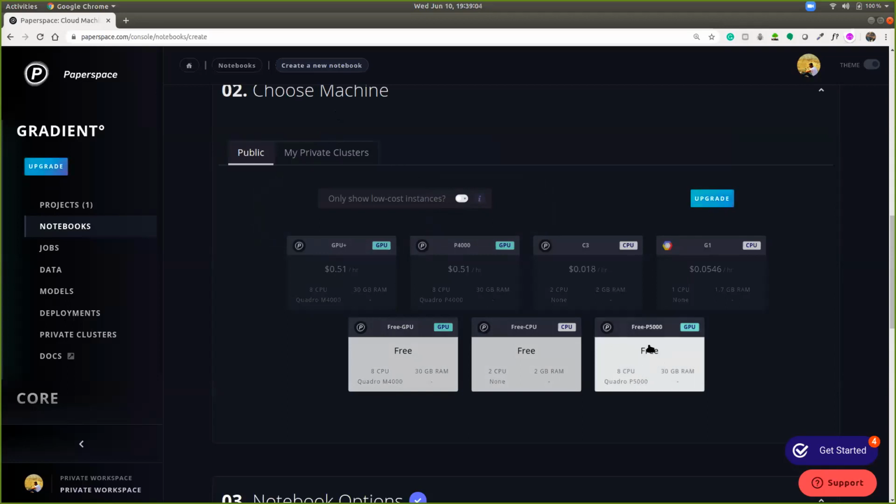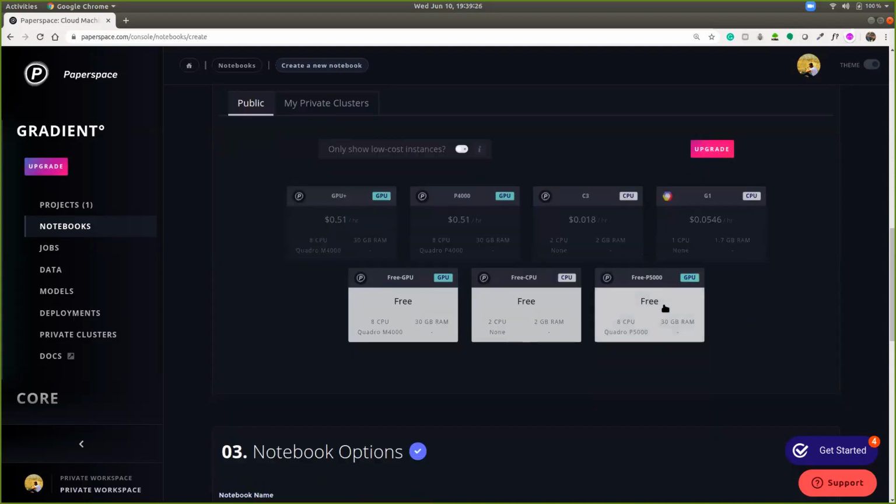The recommended one is the P5000, but sometimes you won't get it, since this is a shared resource. You will see that this resource is not available, and you will get some error. If that is the case, then you can go for the M4000. For now, let me try with this Quadro P5000 30 GB.